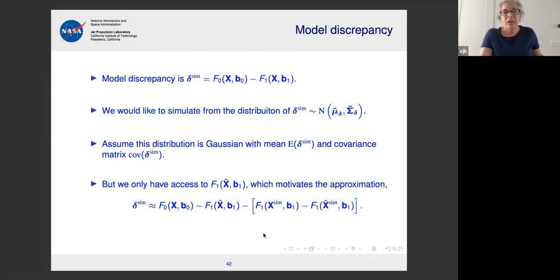And what it says is, you wish you had the real true X here, but you only have X hat. But you can account for that at least to some degree by using what you know from the simulation experiment. And the choice of a Gaussian was just for sheer convenience to see how this would work. There's probably a better way to do it than that, but we just wanted to give this a try. And I do think that it's kind of interesting, but of course we're adding information here because we're using information from the simulation to try to get at it.